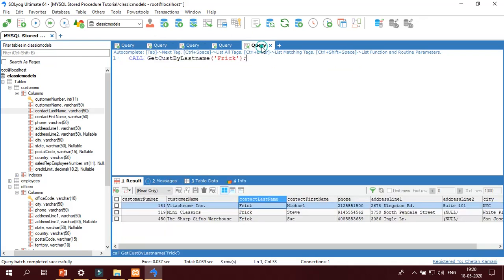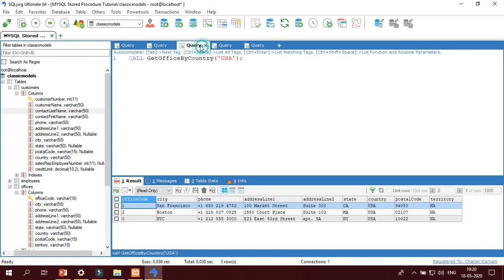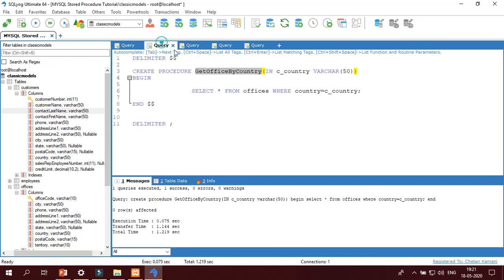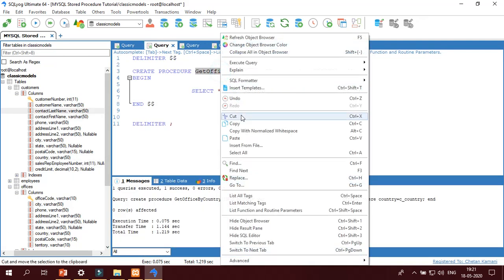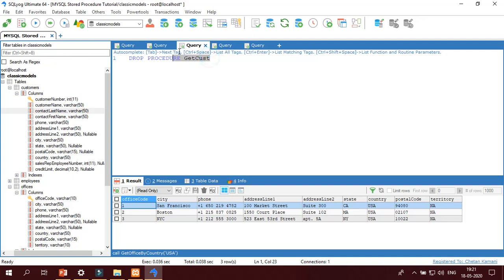So up to this we have created two procedures. First procedure get office by country, second procedure get customer by last name. Before I go for the third procedure, let us quickly look at dropping a procedure. If I want to drop get office by country, I have to write drop procedure, then the name of the procedure, get office by country.